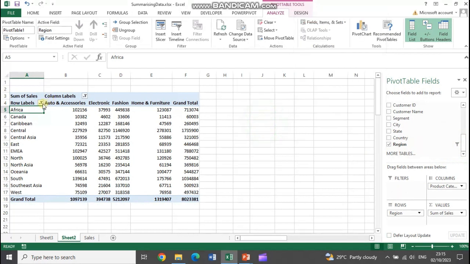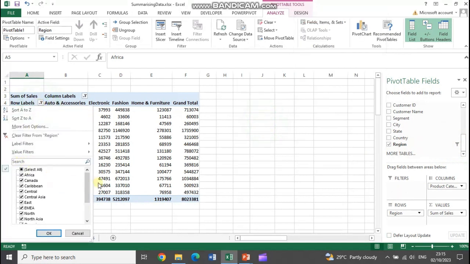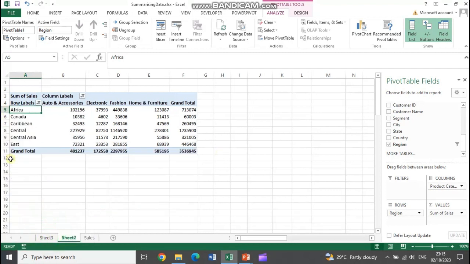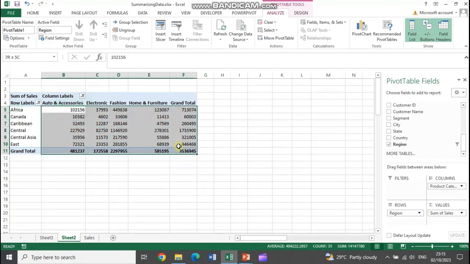So I can always select the row labels here and select whichever row I want. I don't want blanks, or let's say if I want only comparison between Africa, Caribbean, Central, I don't want all these other regions as of now to be compared. So you will have comparison data here with the regions. Within this you want to see which is the